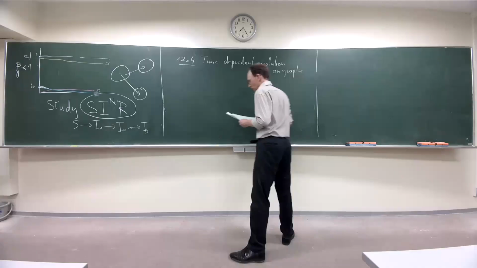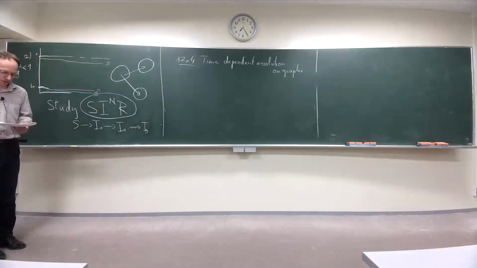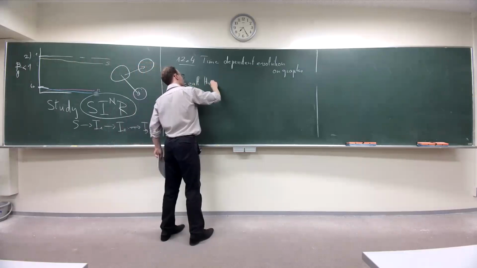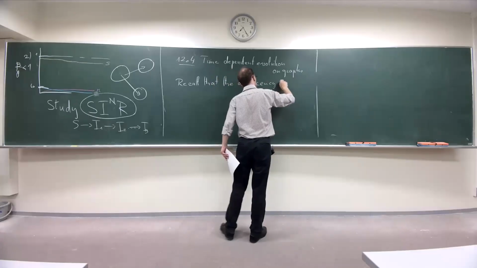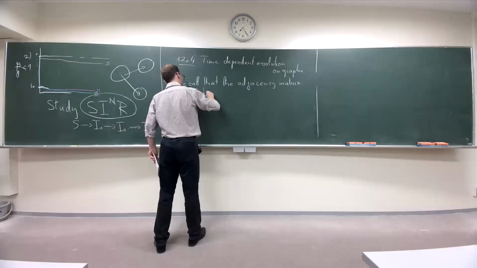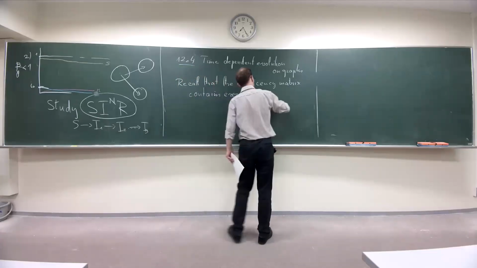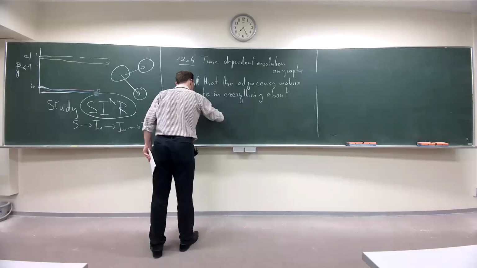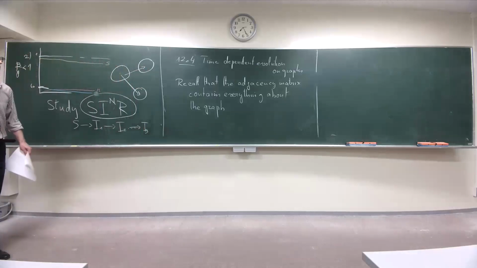Because what I introduced up to now had no graphs, but I want to do some models on graphs as well. So I recall that the adjacency matrix, we know what it is. It contains everything about the graph, because it contains the connections. If you have the adjacency matrix, it's the same as if you have the graph in front of you. So I will just use the adjacency matrix.